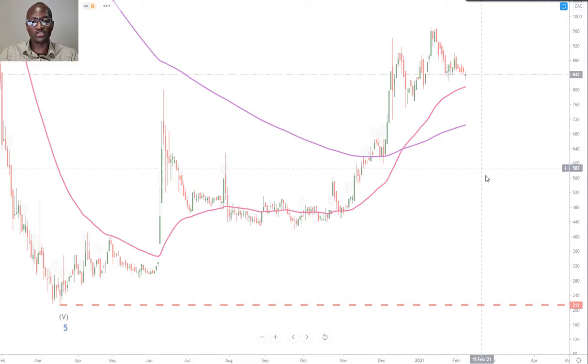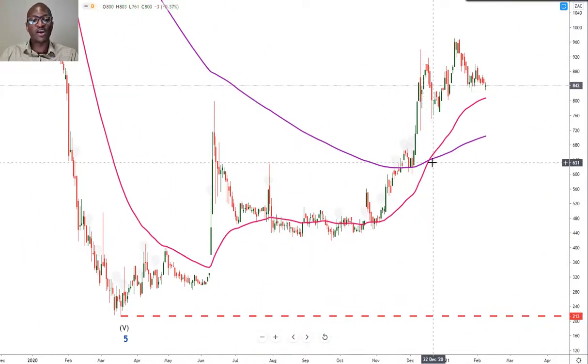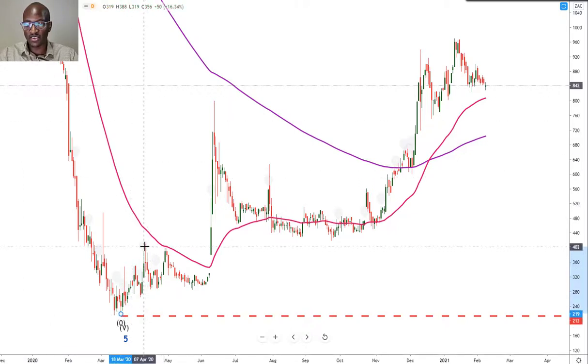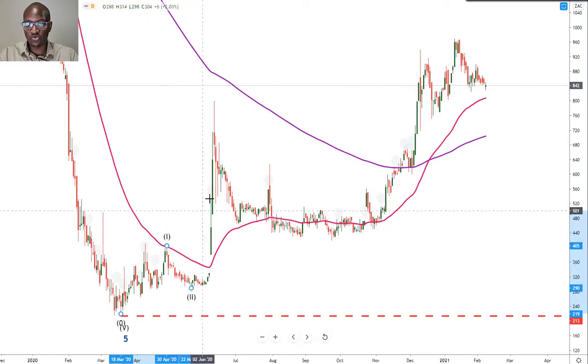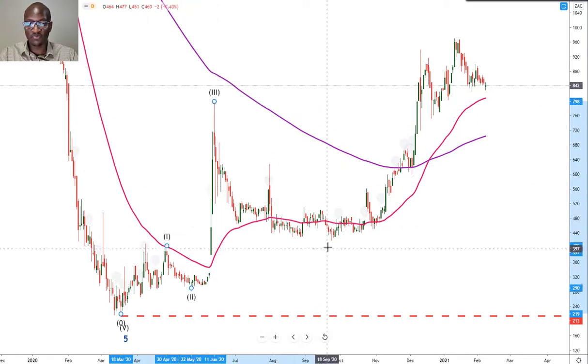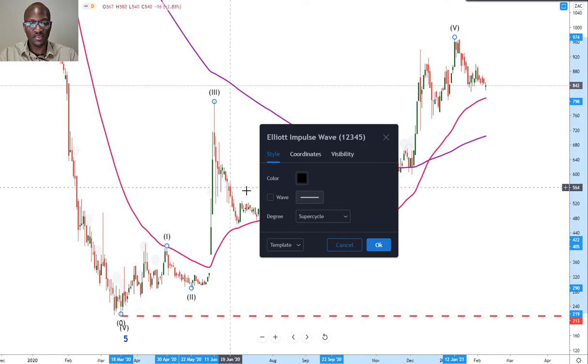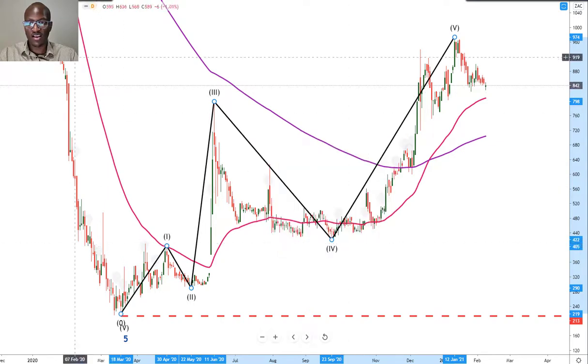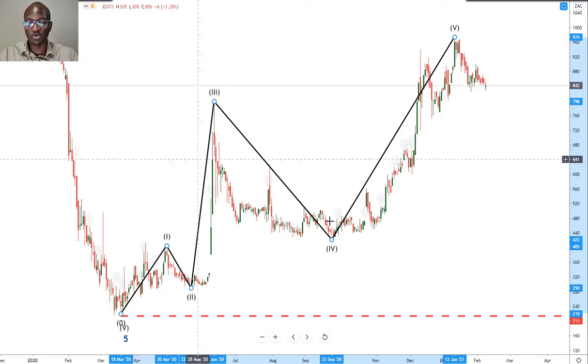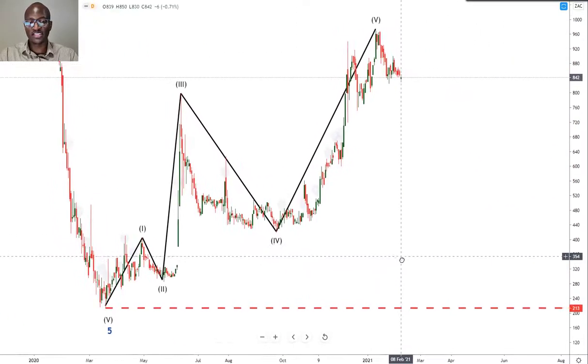So see, the market continued moving up. We now have a very, very significant cross of the 50 crossing above the 200, which is called the golden cross, which for me is another bullish signal. But most importantly, we also have a 5-wave advance, which I can label wave 1, wave 2, wave 3, wave 4, wave 5. So saying that the market has bottomed, again, very critical.